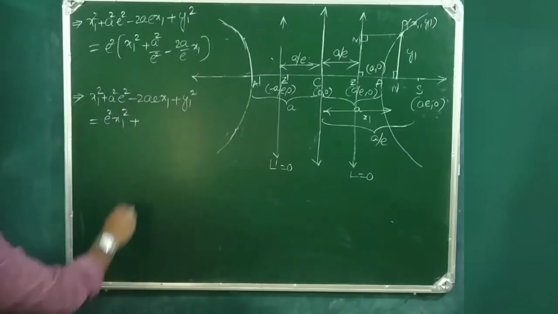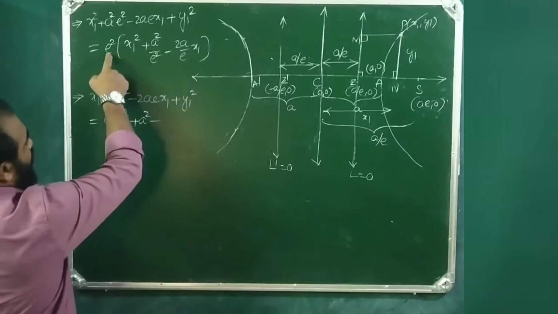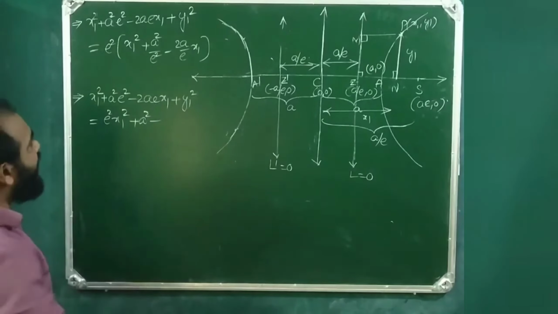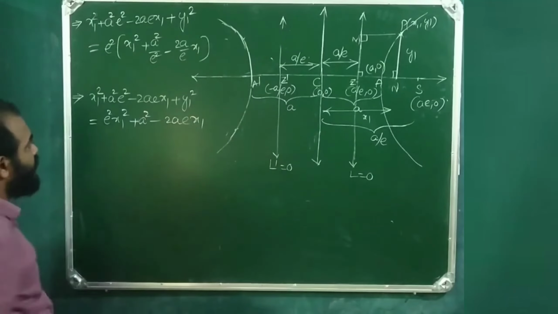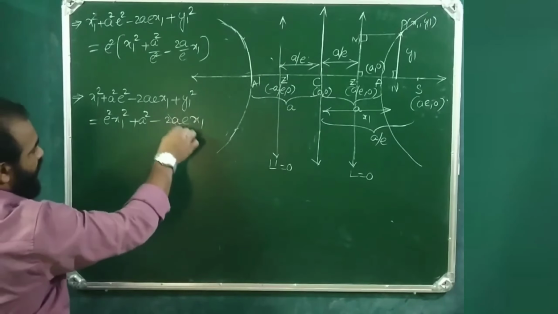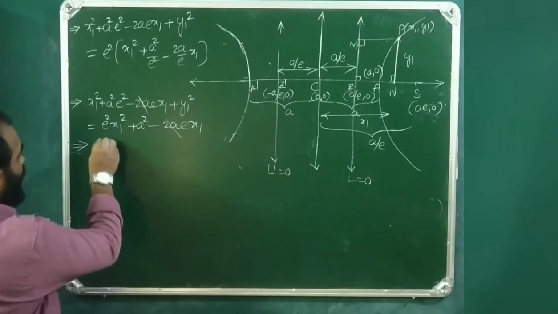E square gets cancelled. A square minus, so E square by E, so E times into 2A x1, so 2AE x1. So minus 2AE x1 minus 2A x1 gets cancelled. A square E square